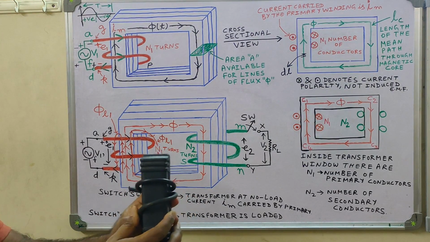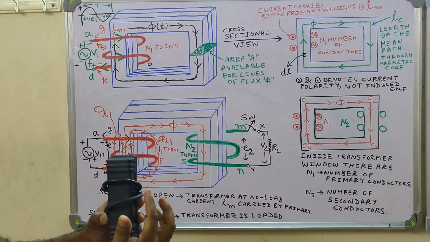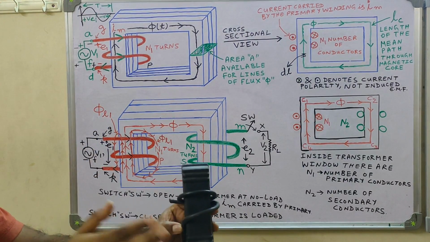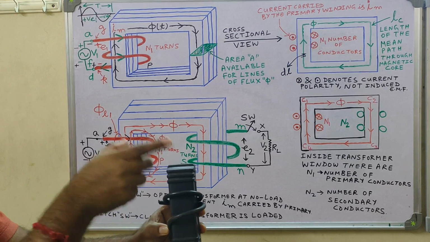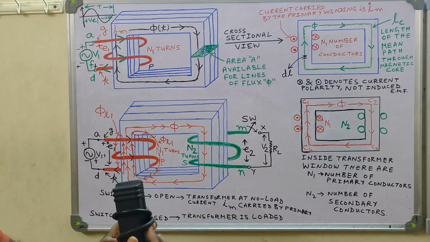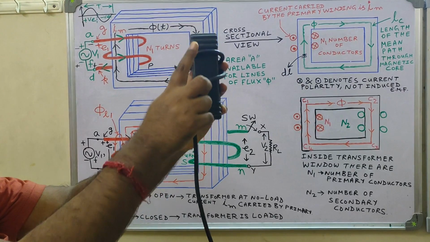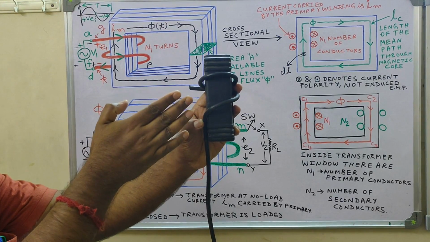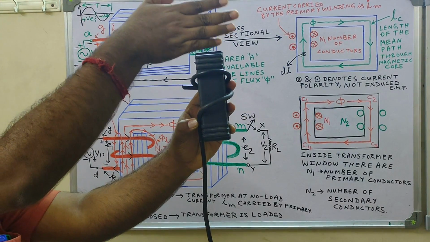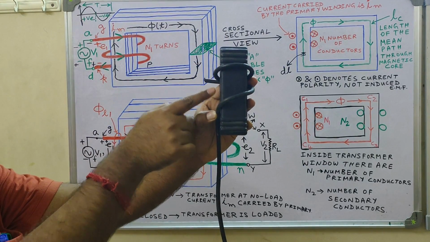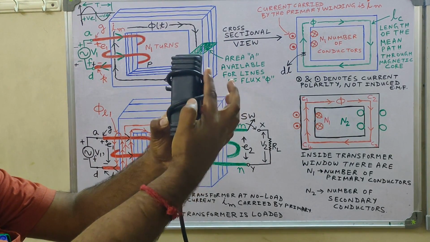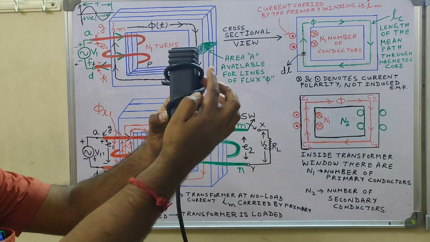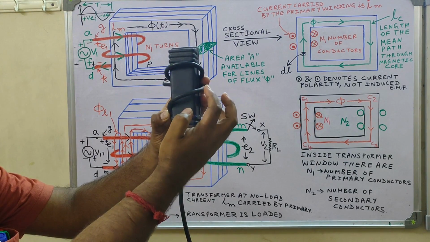If I look on this side, just imagine that these things have been cut by this plane. I am imagining a vertical plane cutting this thing from top to bottom. So these coils would be cut on this side as well as on this side. If these coils are cut by a vertical plane moving from top to bottom, you will see a circle here.